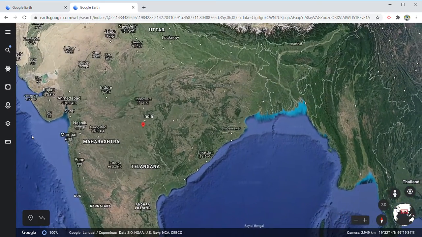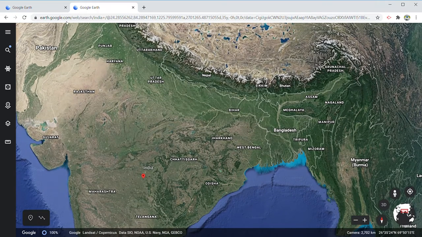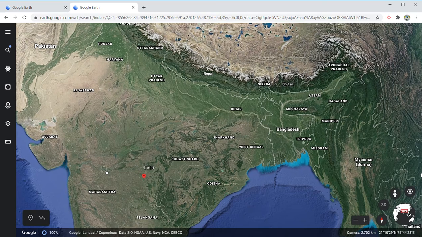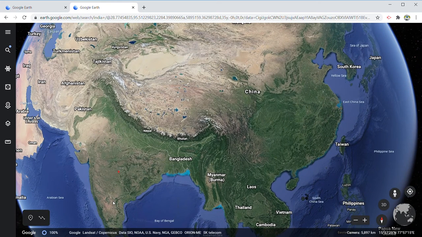I'll move this side. Now see which states of India have a large part of net sown area: Punjab, Haryana, Uttar Pradesh, Bihar, West Bengal, part of Assam Valley, parts of Orissa, a little part of Gujarat, this side of Rajasthan, and Peninsular India has net sown area.